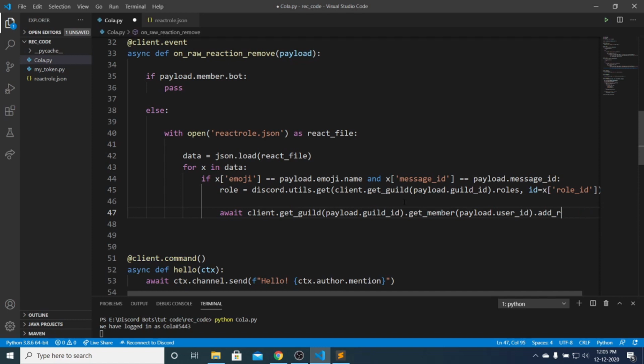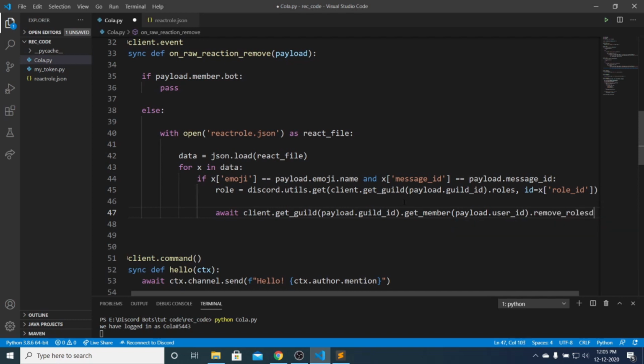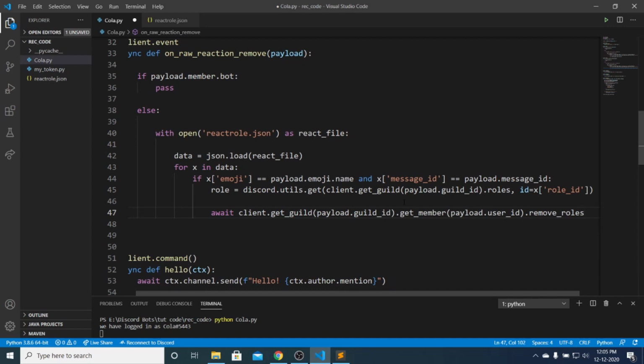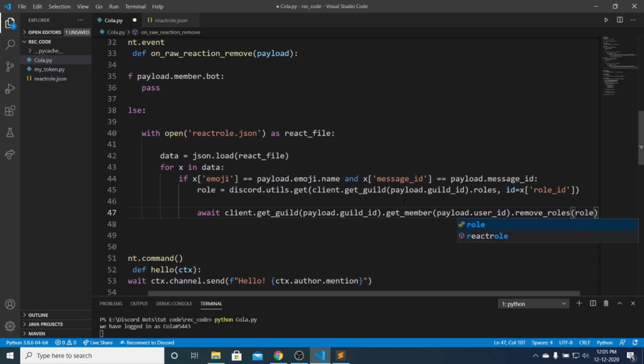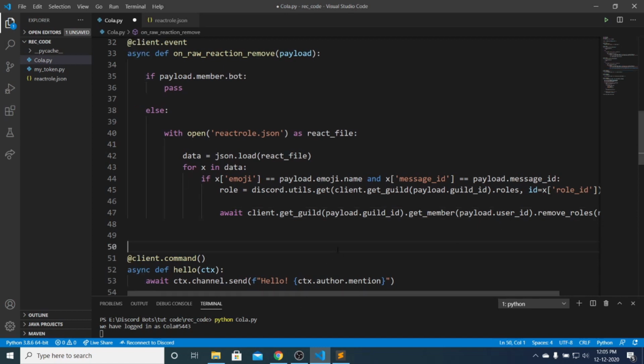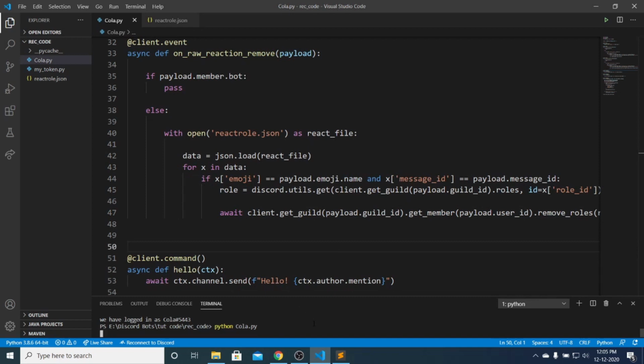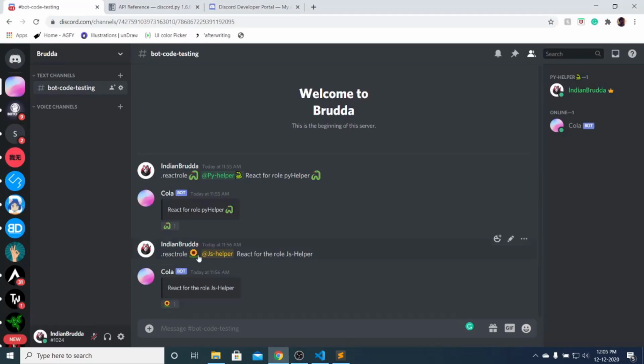So we have to remove_roles, and we'll mention the role here. So role. Now if I save and run this again, now let me react to it again, and if I unreact from it,